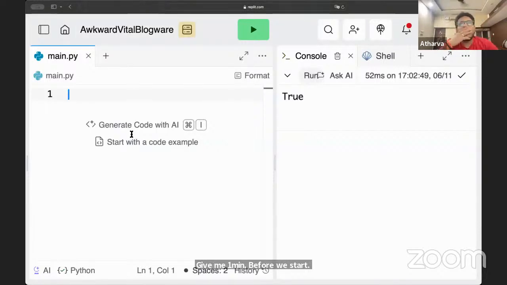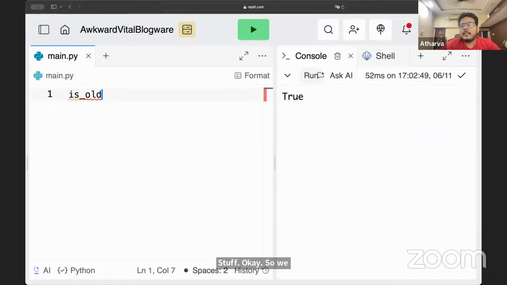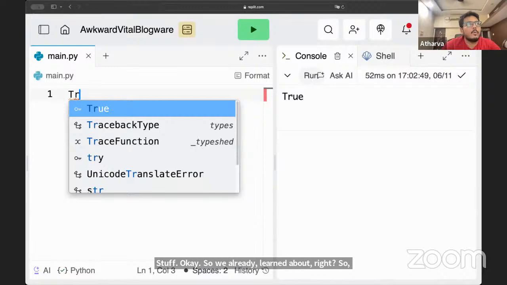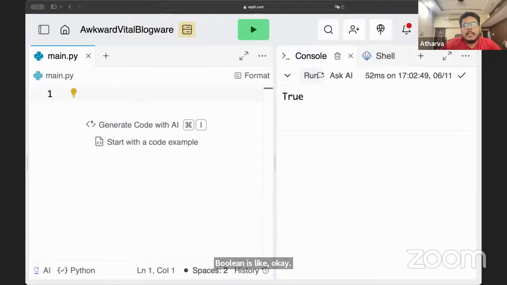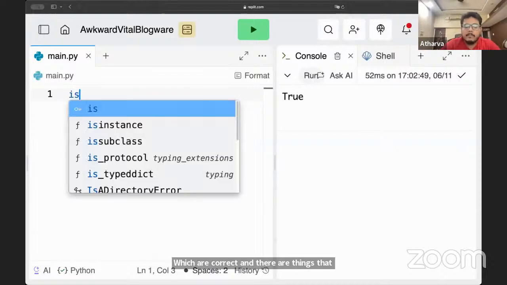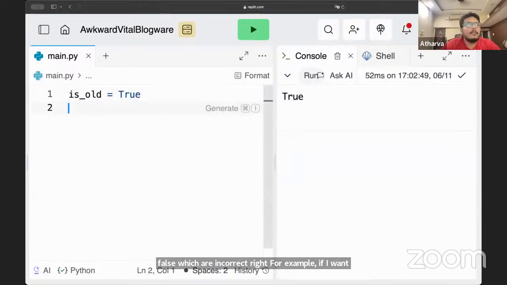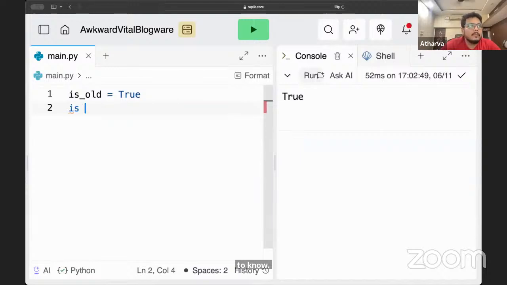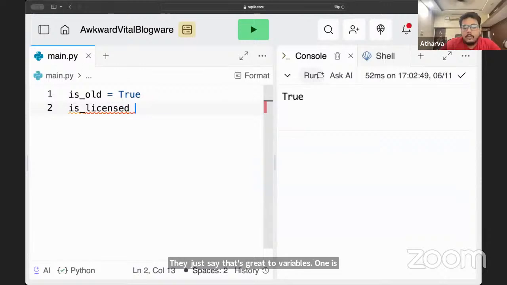So we already learned about Boolean, right? Boolean is what? True and false. There are things that can be true, which are correct, and things that can be false, which are incorrect. For example, let's create two variables, one is old and another is licensed.